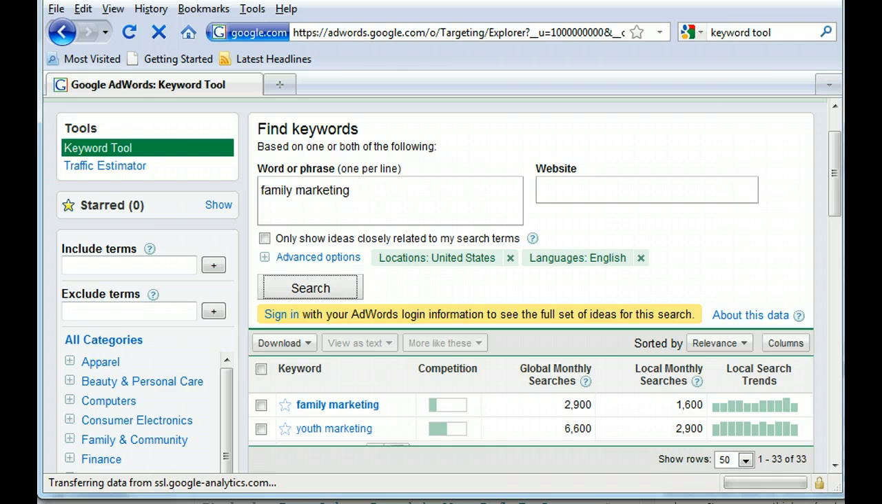So I used family marketing, and you can see the global monthly searches and the local monthly searches are pretty high, yet the competition, the bar graph is showing you, is pretty low. I did not go into the other step that's outlined in my blog post about seeing whether there are blog posts, whether most of the information that comes up when you search for that term is very popular websites. But for intents and purposes, there are other steps that you could take to ensure that this is a good keyword to base your